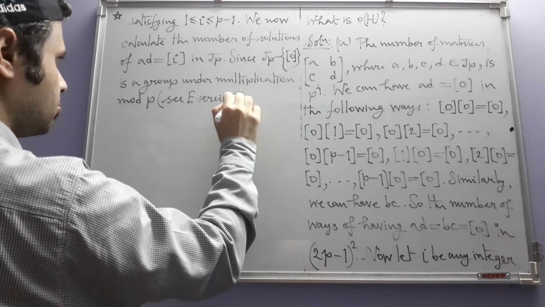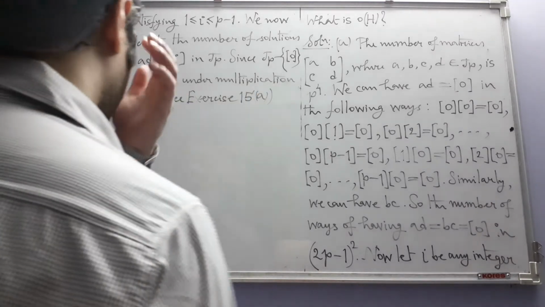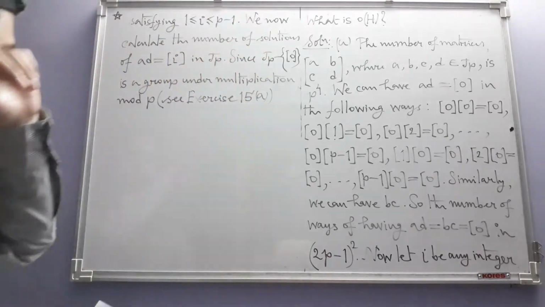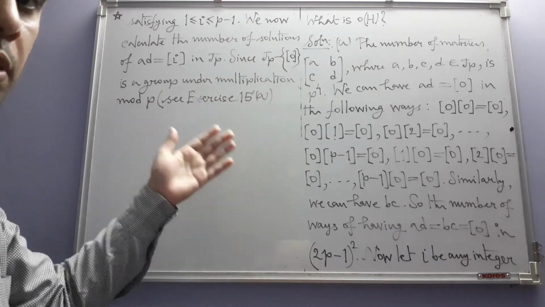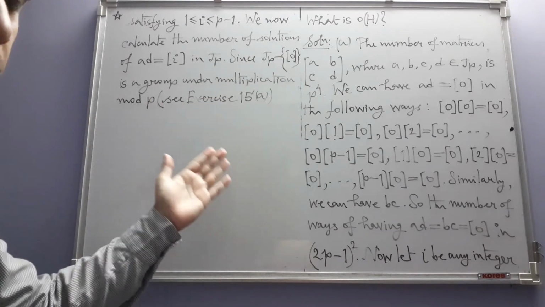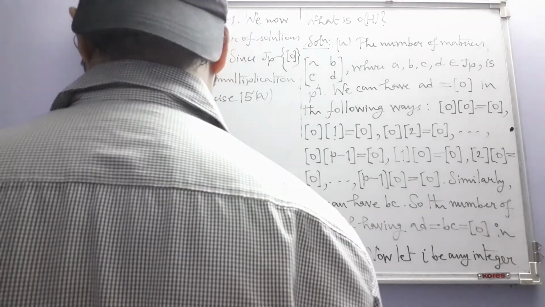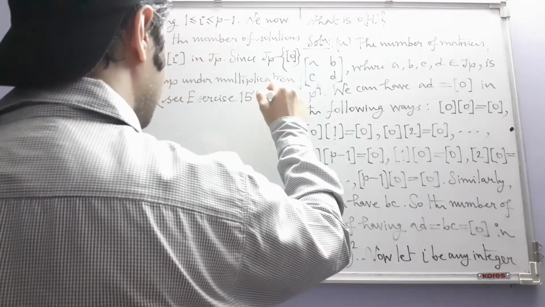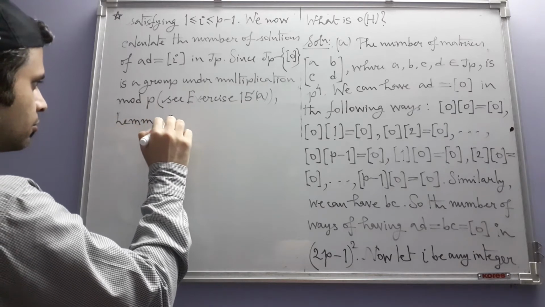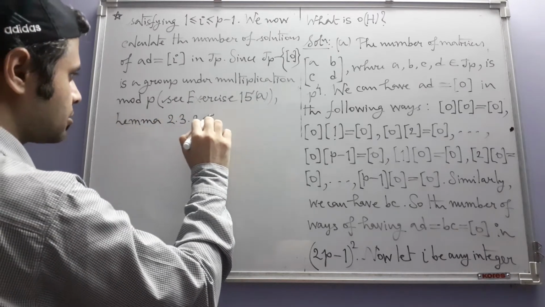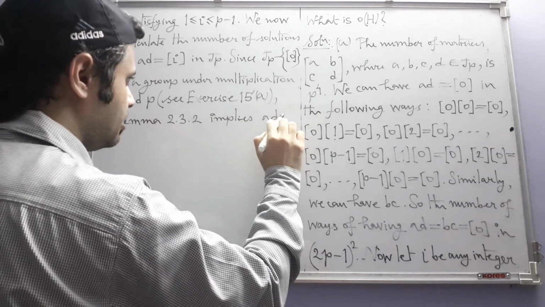You go back to exercise 15 and part A of that exercise. There you will have the fact, try to recall, that the non-zero integers mod p form a group under multiplication modulo p. It's that exercise. So this is a group, and lemma 232 implies AD equal to I